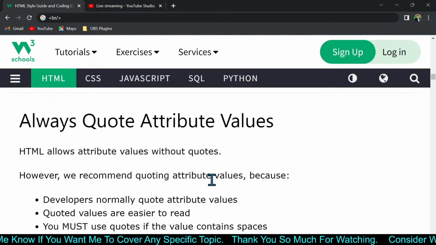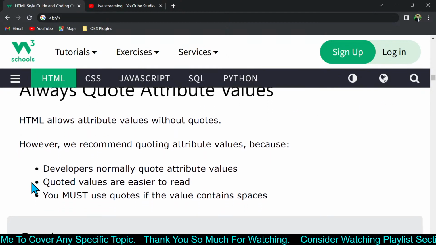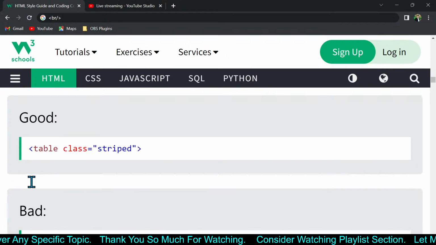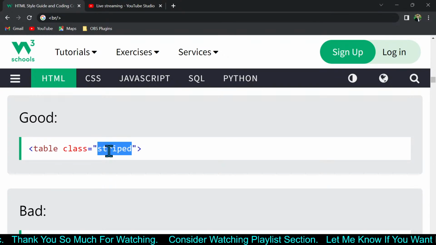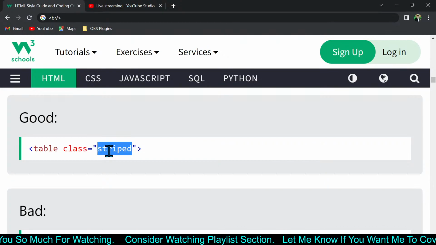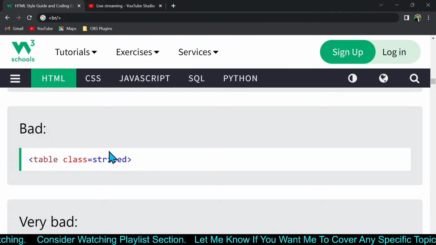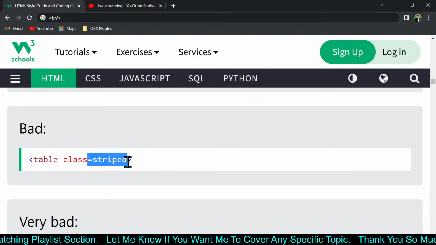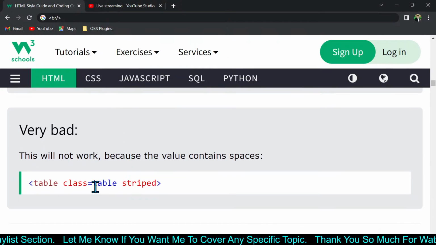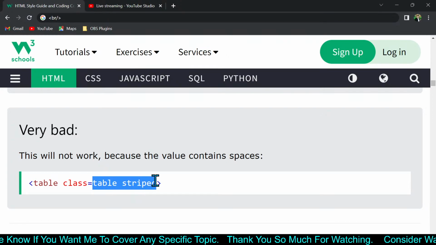The next thing is always quote attribute values. That means once you want to get the value here in an attribute, then you should enclose it in a double quote or single quote. Either use double quote or single quote, but you should enclose it. It should not be something like this where double quotes are not there, because in the long run, whenever you want to have more words than one word, there is a space